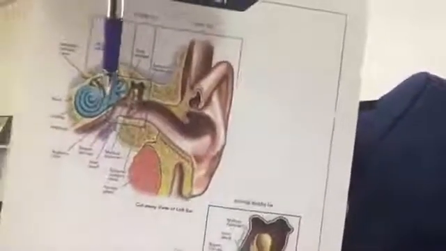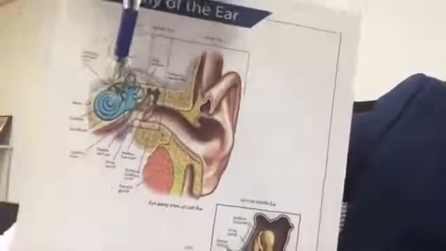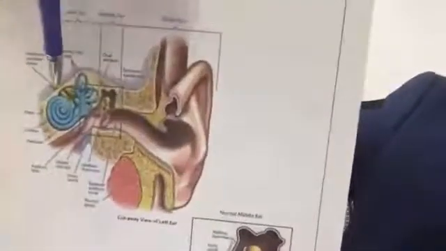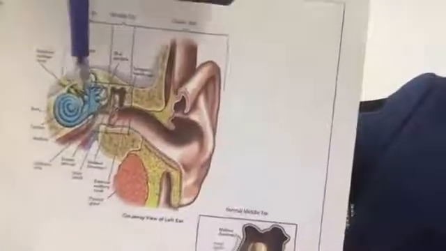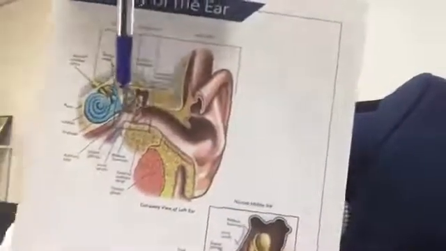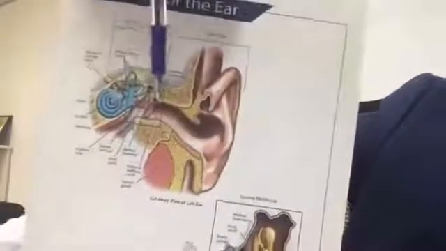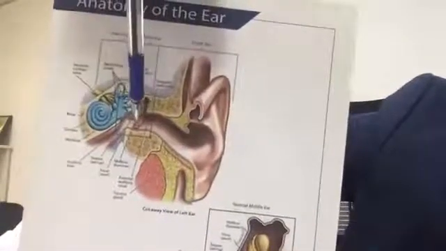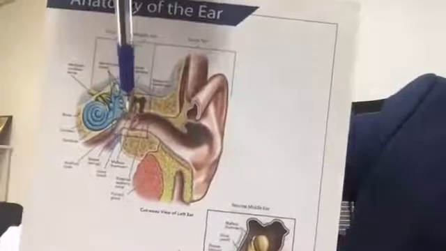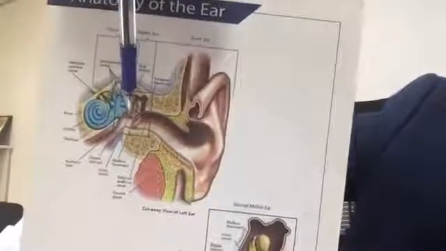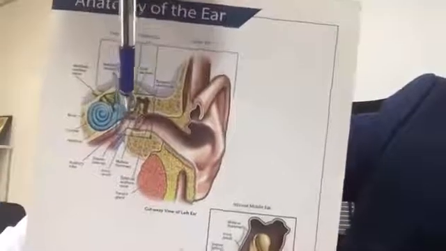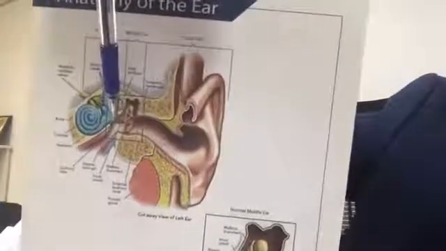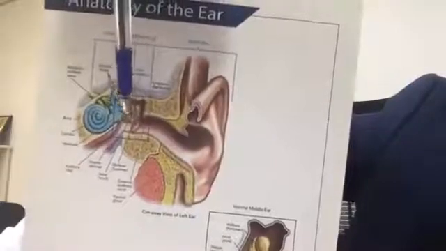This is where the nerve endings arise from, and they go into the brain through a canal called the internal auditory canal or internal ear canal. So we have the outer ear, middle ear, and the inner ear. Now, the outer ear, as I told you, is lined by skin, and it's separated from the middle ear by the tympanic membrane. The tympanic membrane, along with the three small bones, forms a bridge which conducts the air waves that hit the tympanic membrane into the cochlea.